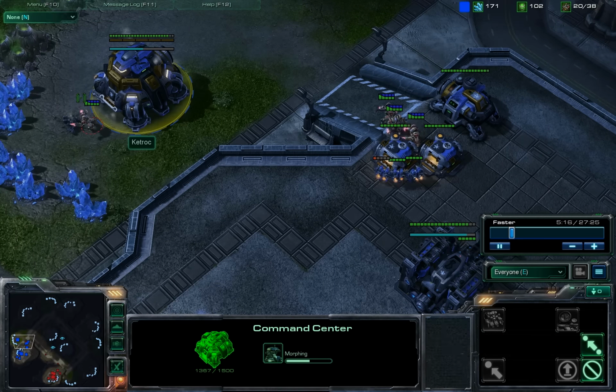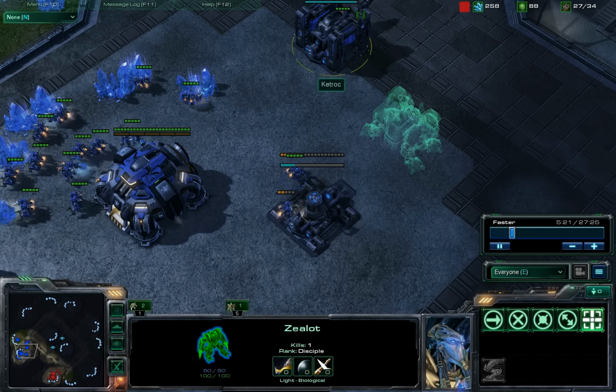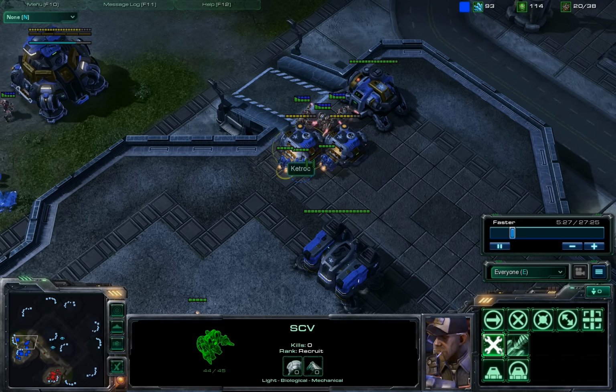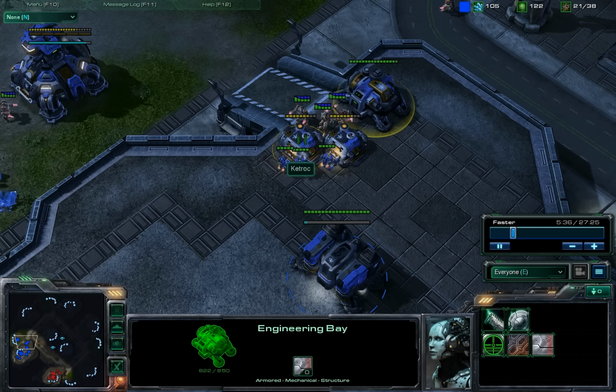My fortress will get up, but again, it's not going to get much extra mining here. And I'm throwing down the 2nd and 3rd barracks. I gotta watch the auto repair. He's repairing an SCV here. Even if you have auto repair on, you always have to be watching these buildings and make sure you're repairing